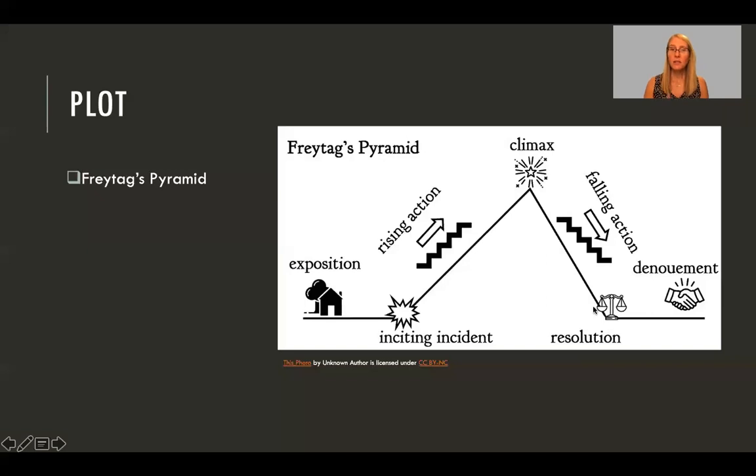At the end of the story, there's usually some sort of resolution. That's not always the case, right? We can all name at least 3 or 4 different cliffhangers that leave us on the edge of our seat, not sure what's happening with our characters. And then over here at the end, we have a denouement, and that's French for resolution. We've come to some sort of satisfying end. And the readers have something they can think about after the story, and they can mull it over and decide, well, what did I learn from this story? And what's the life lesson or moral or message that I can take with me?